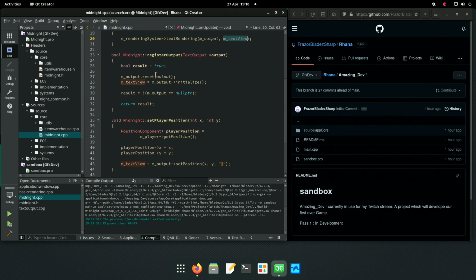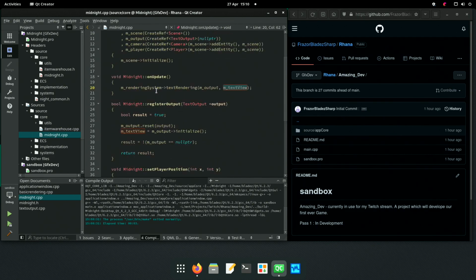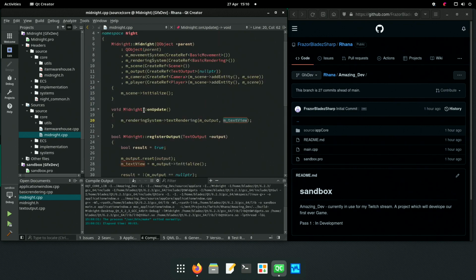So we can't call these individually. I can't suddenly not call on update. And if I do call on update, it's going to do this overwrite to M output. We're going to carry on doing that output. That's for certain.